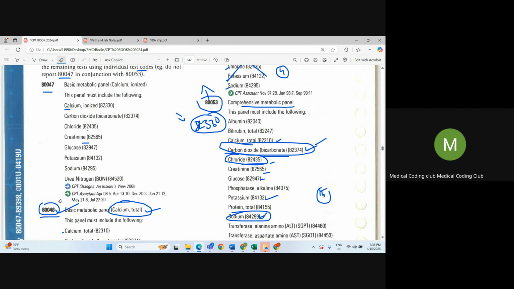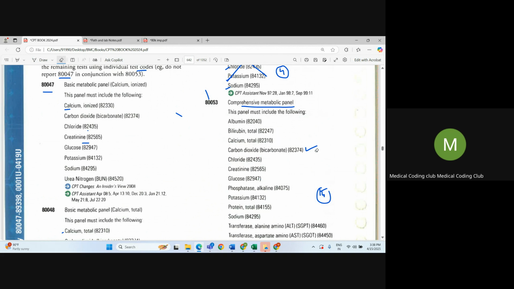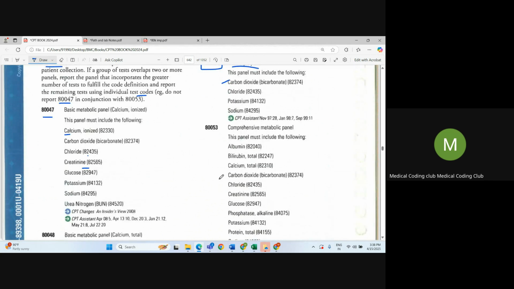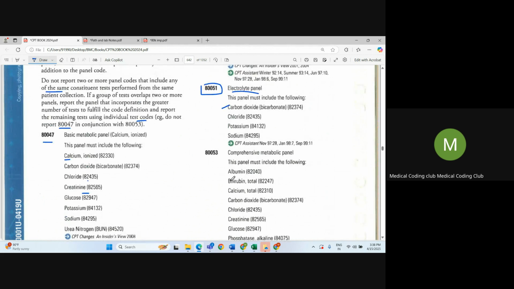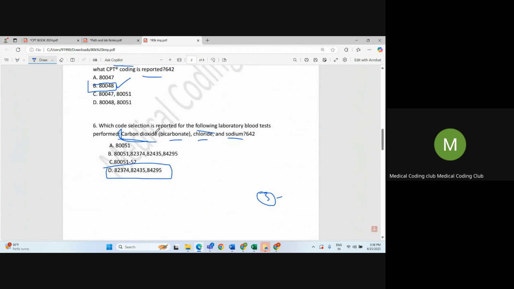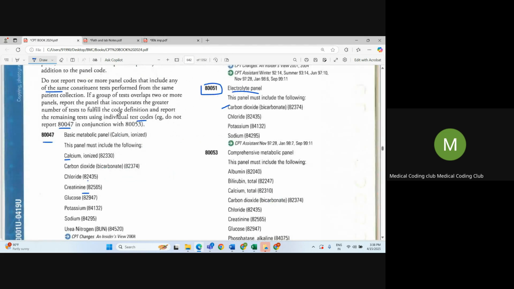So to remember, to code final panel code, whatever tests are listed under that particular panel, each test should be performed. Okay, see here, now they performed 3 tests. Okay, so 3 tests, it includes carbon dioxide, chloride, and sodium. 3 tests they have performed. But in case they would have added potassium also, okay, 4 tests like carbon dioxide, chloride, potassium, sodium. If you get all these 4 tests